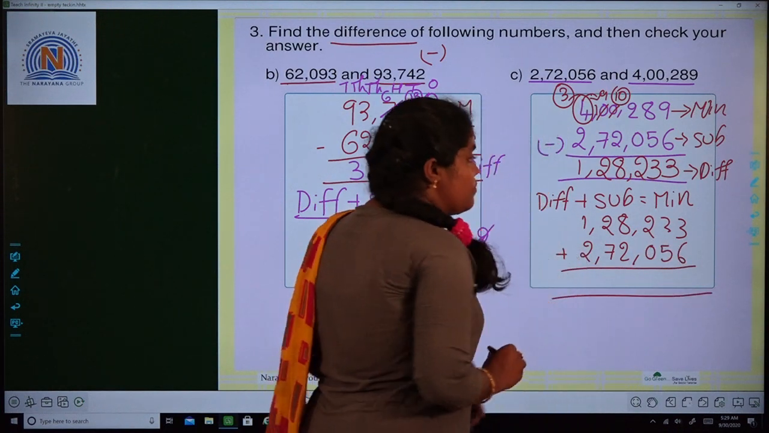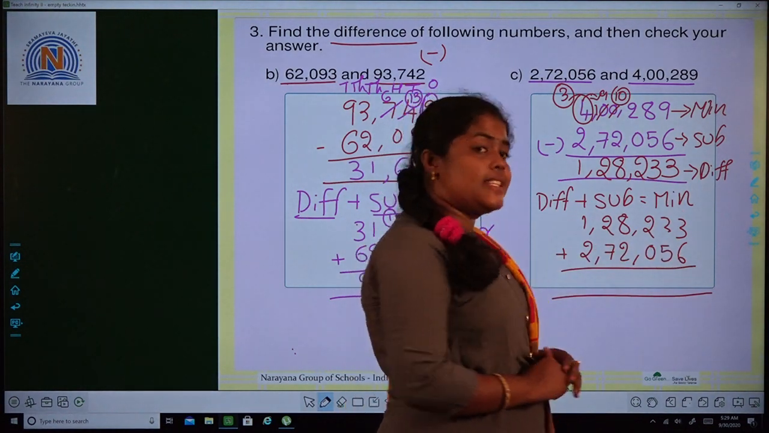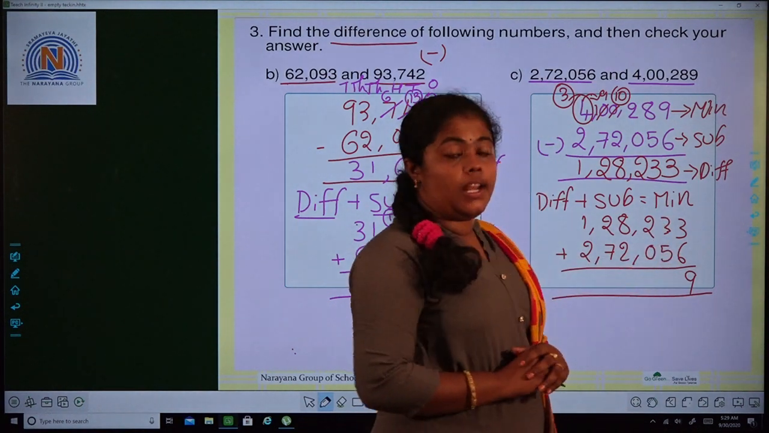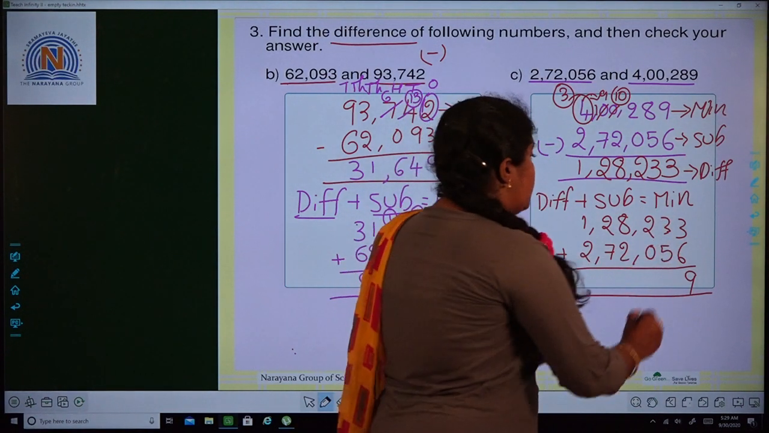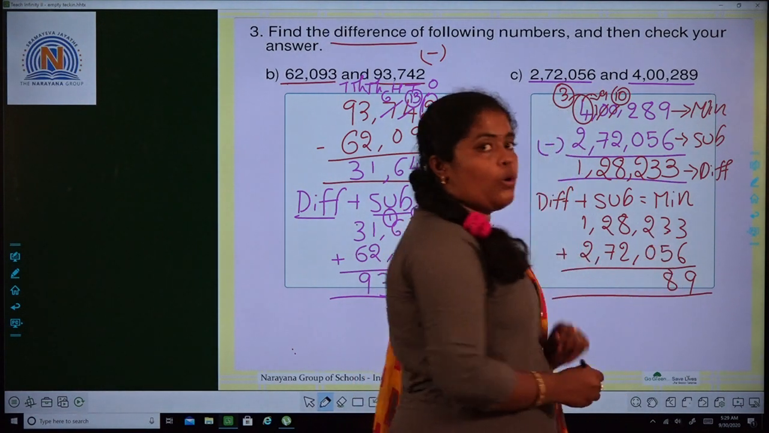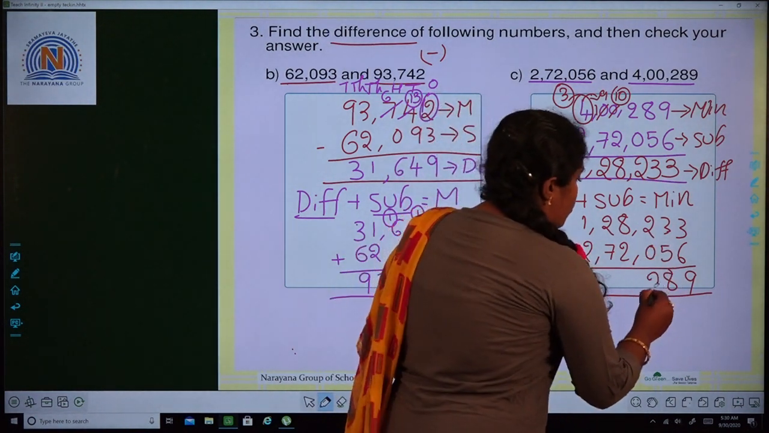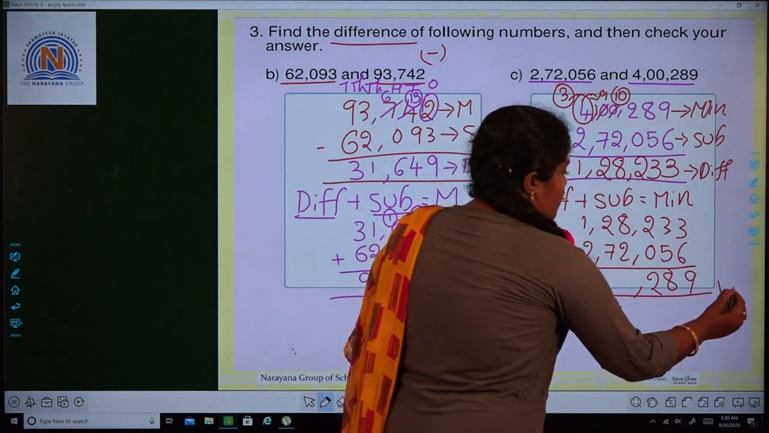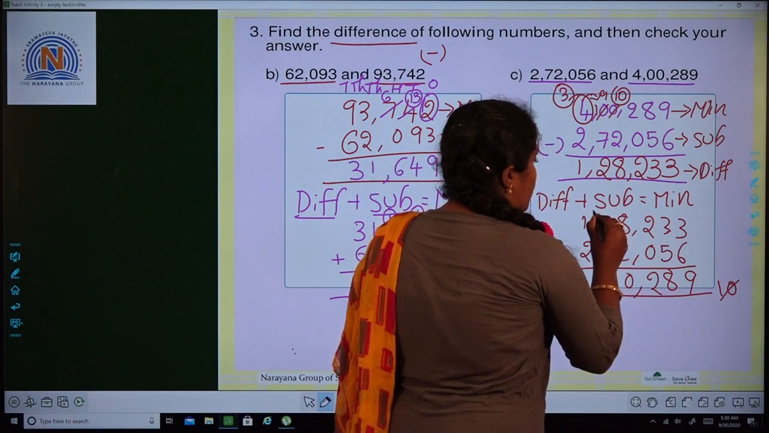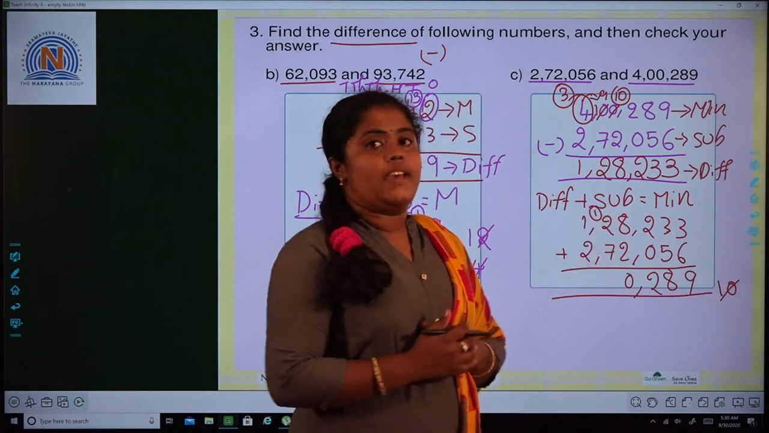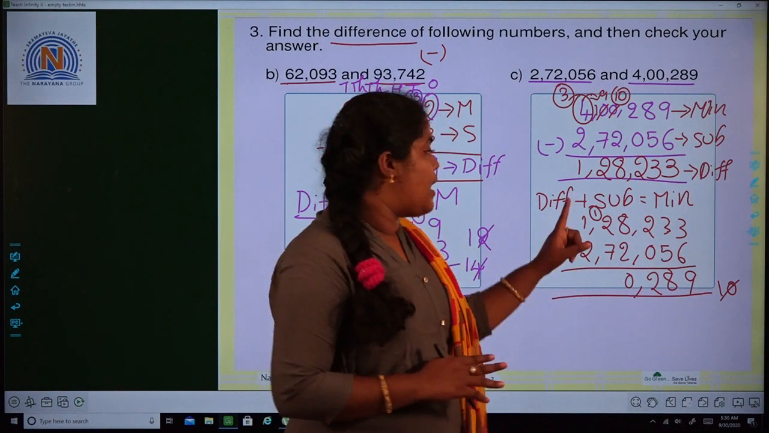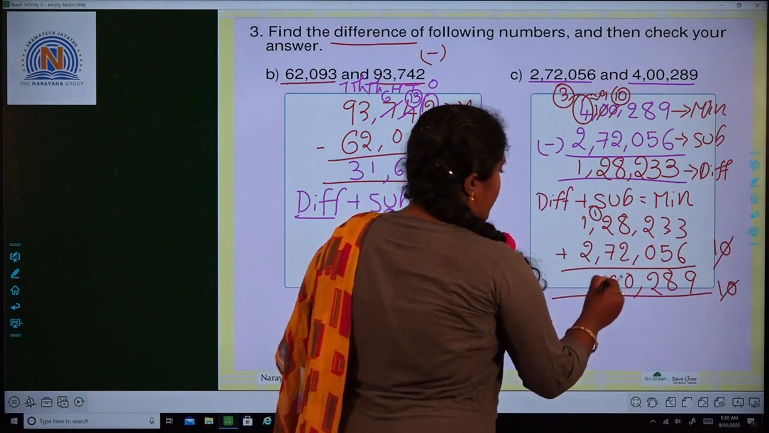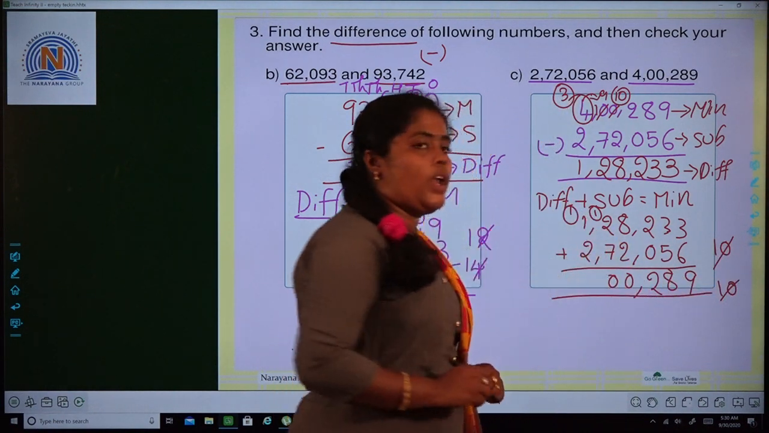Do the addition. 3 plus 6 is 9. And next place, 3 plus 5. How much? 8. Next, 2 plus 0, we get the same number, 2. And 8 plus 2 is 10. 0 we write down. 1 is carried to the next place. Next, 2 plus 7 is 9 and 9 plus 1 comes to 10. 0 we write down. 1 is carried to the next place. 2 plus 1 is 3 and